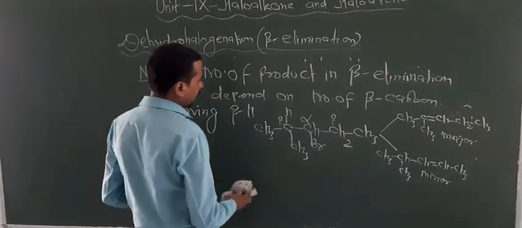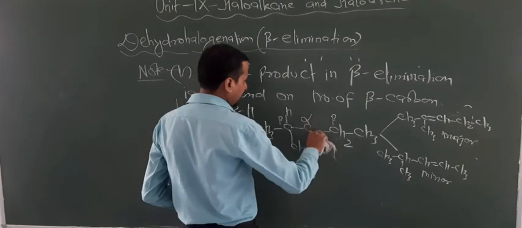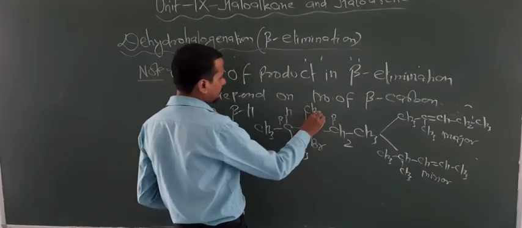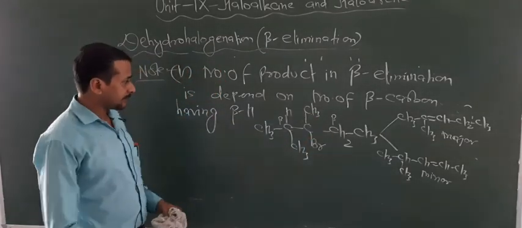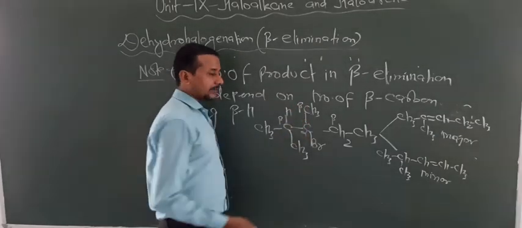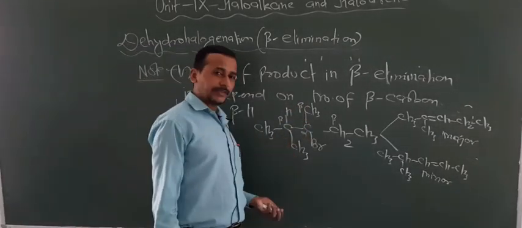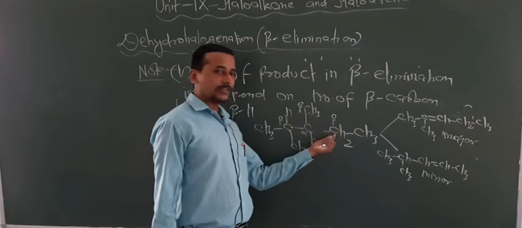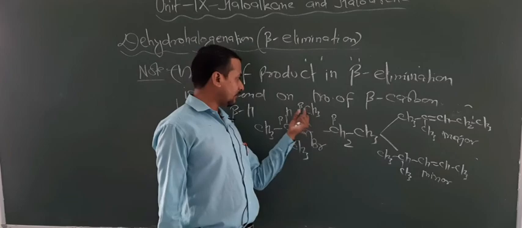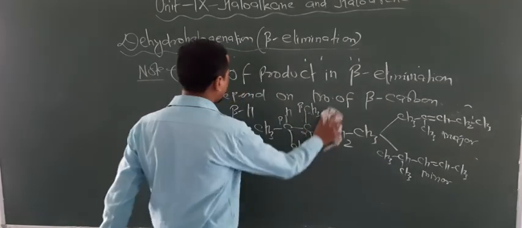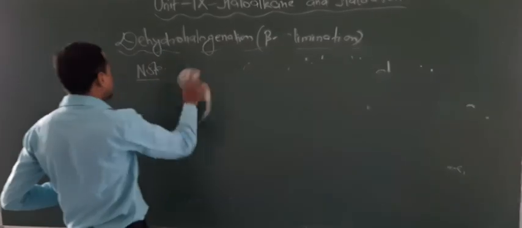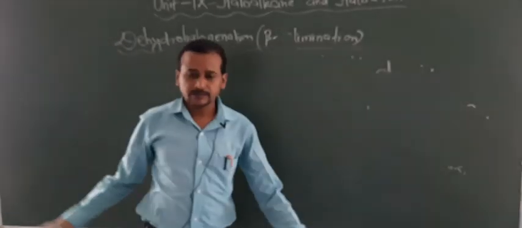Now let us focus. If we take one more example, look at here. Here we also attach this carbon. So now this carbon is the alpha carbon and this is again a beta carbon. There are three beta carbons, 1, 2, 3. So this will give three products. One from this beta carbon, one from this beta carbon, and one from this beta carbon. So in this way we can also know the number of products, that is the number of eliminated products. Thank you dear students.